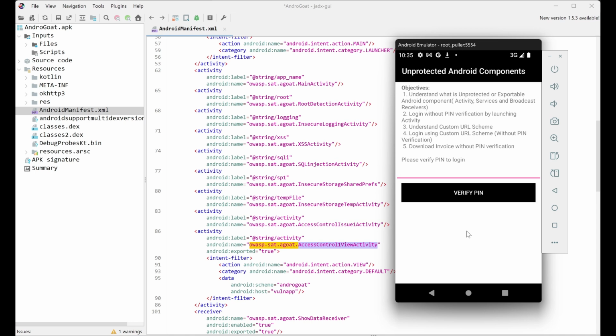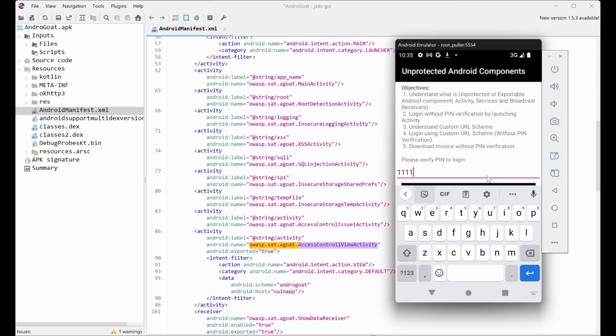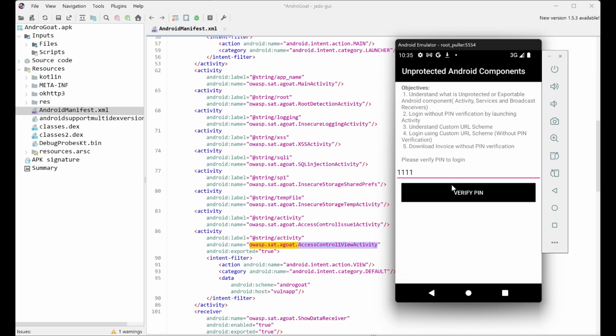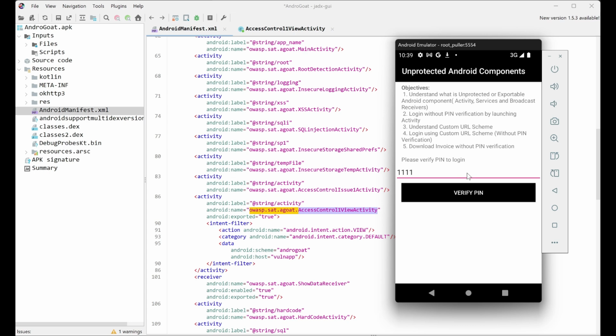So I'll give you an example. As you can see here, we have to give it the right PIN to log in. Let's try to give it any PIN. Incorrect PIN entered. So if we have the right PIN and we enter it, it will redirect us to the invoice page. And let's be more creative and imagine this invoice page is exported. What does that mean? We can access this page without needing to give it the right PIN. So this is what exported activities mean. So any page that is exported and not properly protected, or doesn't ask for a specific permission,